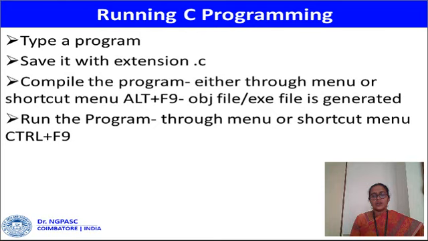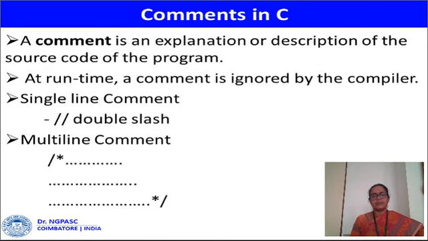Then you run the program either through the menu or with the shortcut Control F9. Once you compile the program, it automatically creates an object file, and that object file gets converted into an executable file when you run the program.